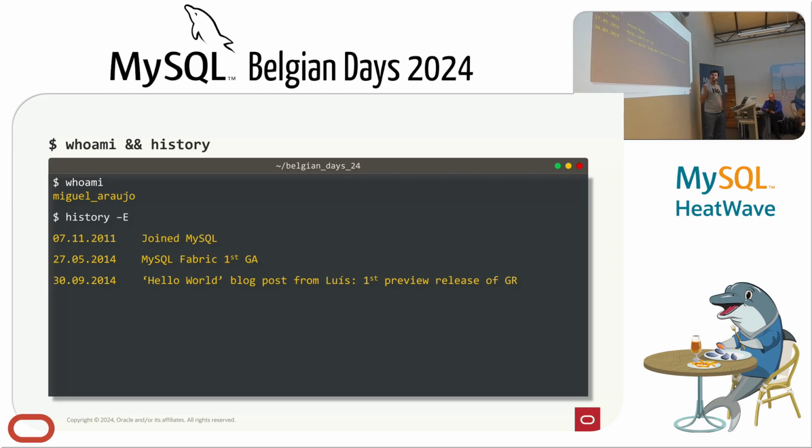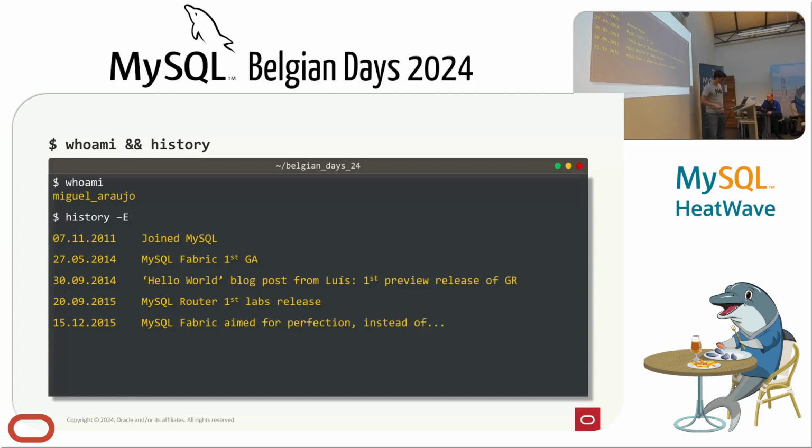A bit after came out the first Hello World blog post from Luis announcing group replication. That was a game changer. You all know group replication, so no need to introduce that. And a bit after, MySQL Router was born, and MySQL Router came out as a solution to the problem of every connector having to implement the logic to handle MySQL Fabric. So we wanted to strip that out of the connectors and put it in a single place. So Router came out as a solution for that, like an extension of a connector, a very simple middleware, just a TCP forwarder, and it would understand the Fabric logic.